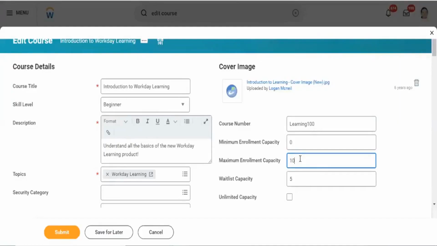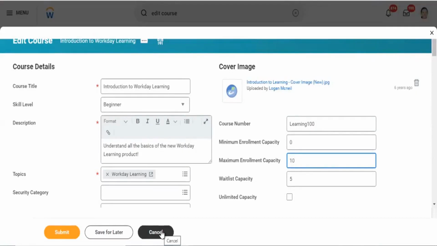When the next course starts, when the next enrollment starts, whoever is under the waitlist will automatically get enrolled first. And then, since the maximum capacity is 10, after filling the 10, the other people will be under the waitlist. That's about the waitlist. This should be clear for you now.